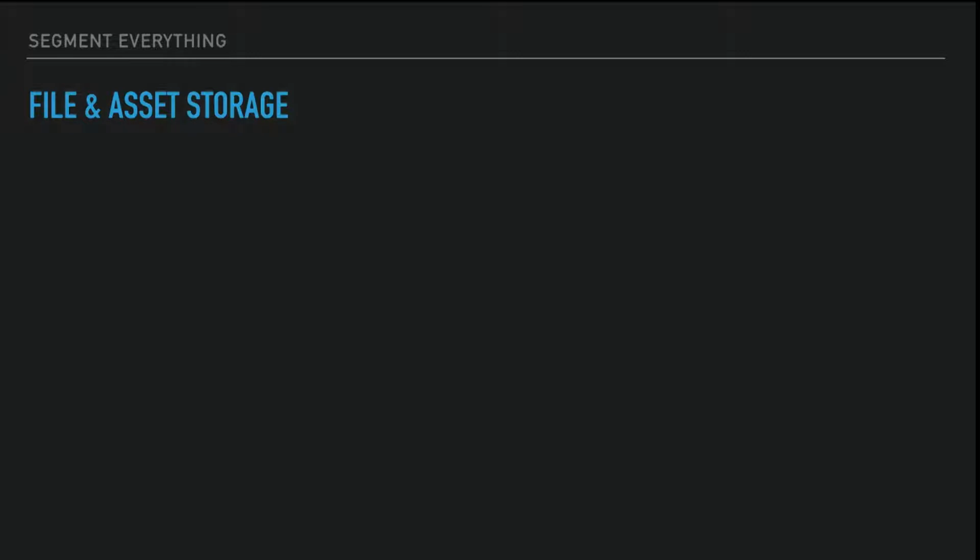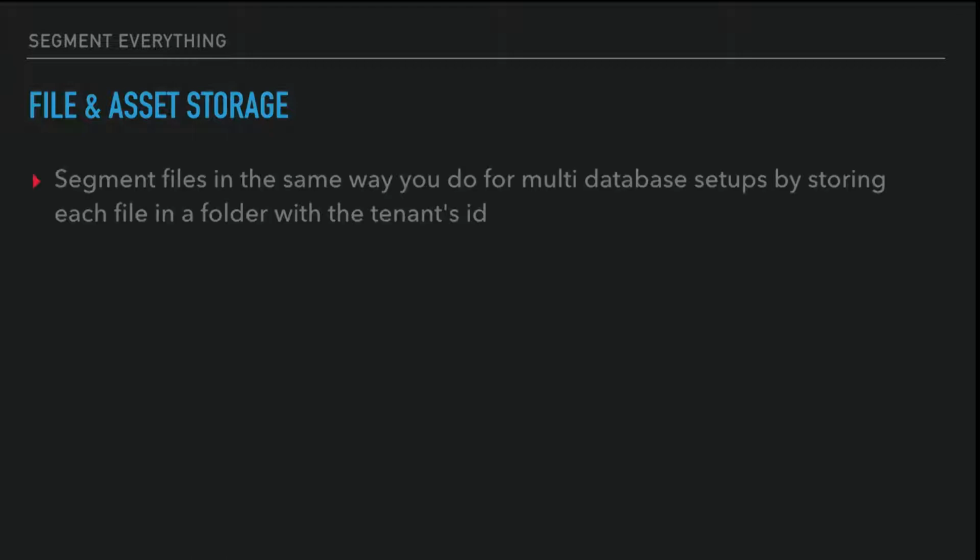So the next thing I want to talk about is file and asset storage. So if you're running a single database, you might think, oh, I'll just throw everything in one bucket. It doesn't really matter. But I would recommend segmenting those files in some type of folder with a tenant ID. And the reason for that is